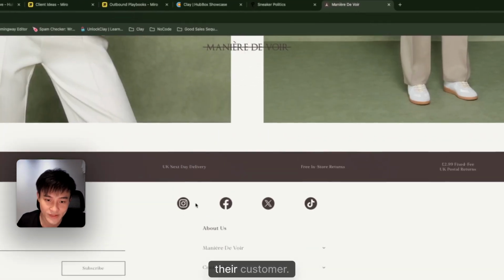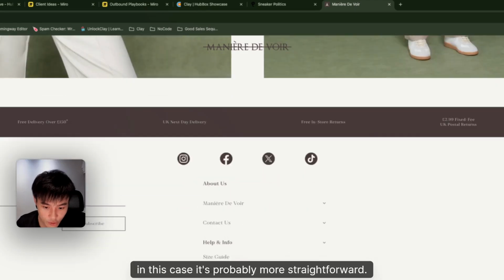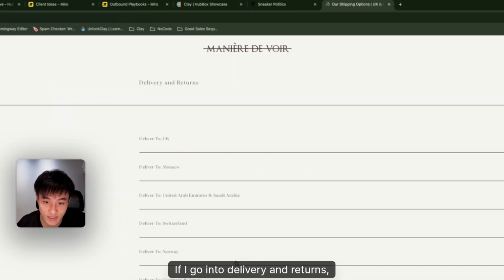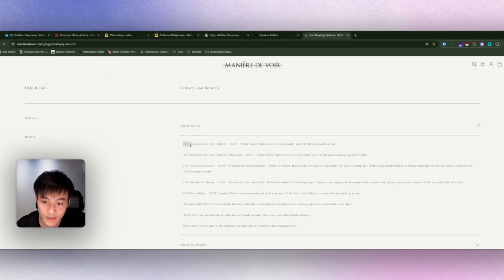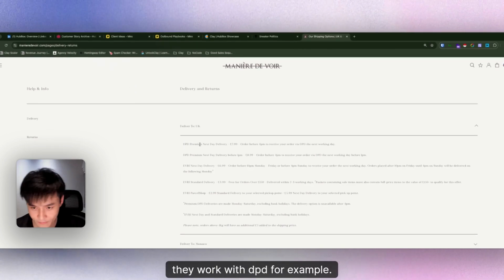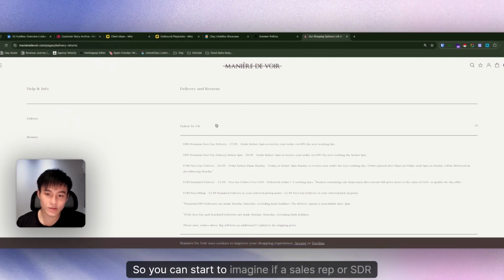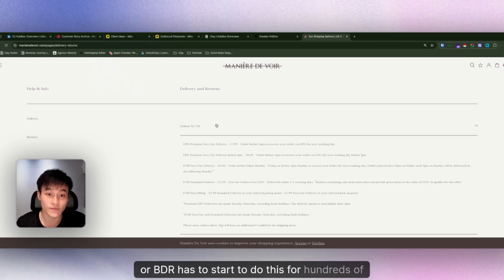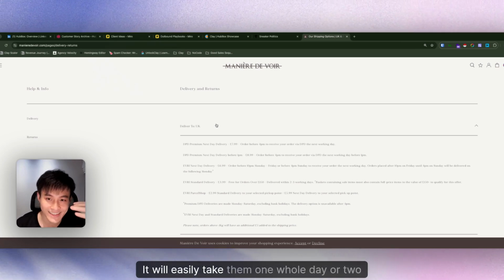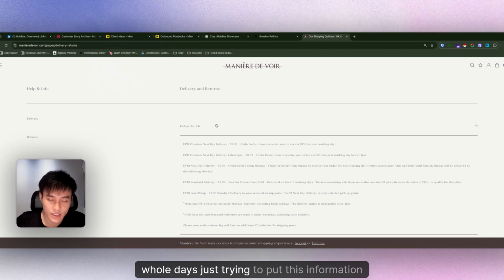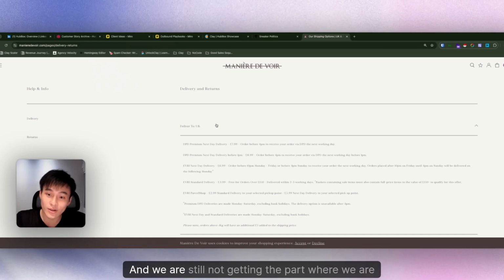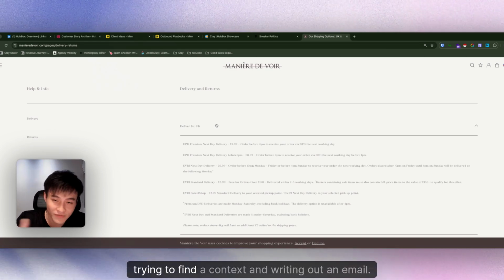And if we look at another of their customers, in this case, it's probably more straightforward. If I go into delivery and returns, I can find, they work with DPD, for example. So you can start to imagine if a sales rep or SDR or BDR has to start to do this for hundreds of accounts, it will easily take them 1 whole day or 2 whole days just trying to put this information together. And we are still not getting to the part where we are trying to find the context and